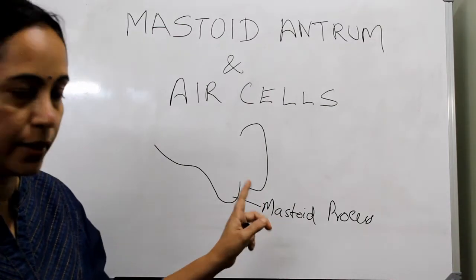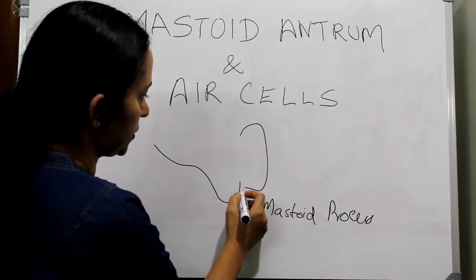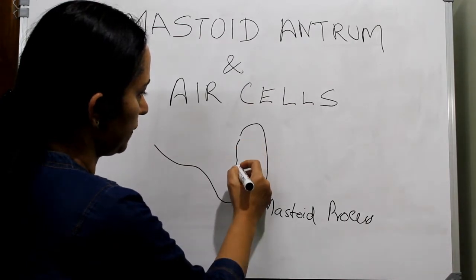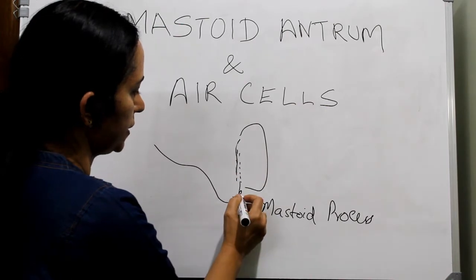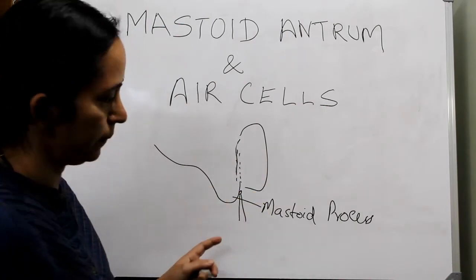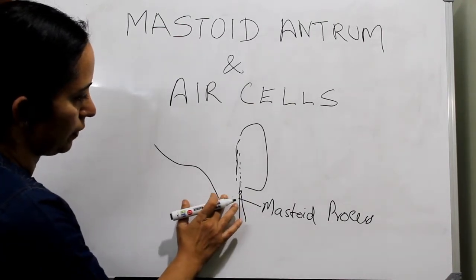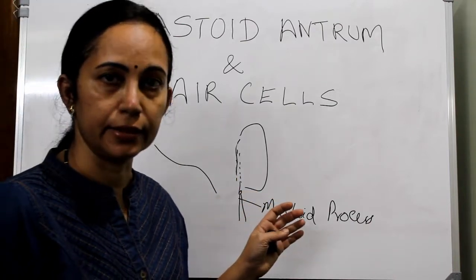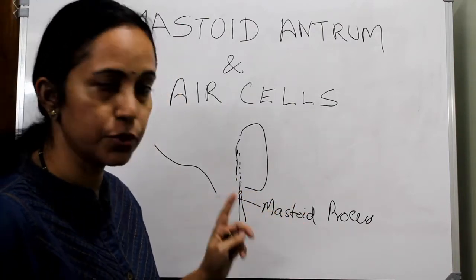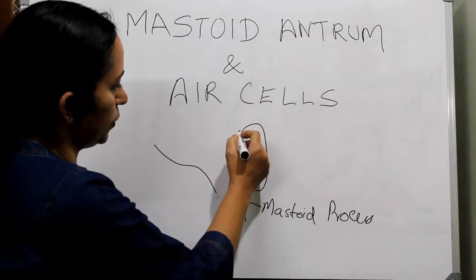So in infants, here comes your stylomastoid foramen, and the facial nerve comes through this part and emerges through the stylomastoid foramen. So if the mastoid process is absent, the facial nerve may exit directly in the postaural region. So you know that this is the postaural